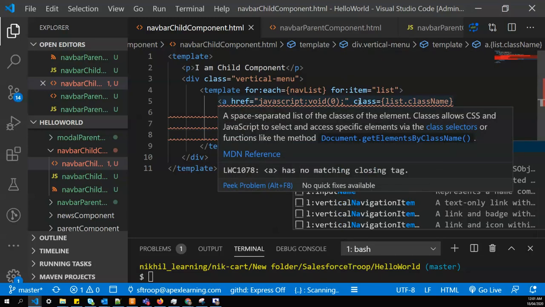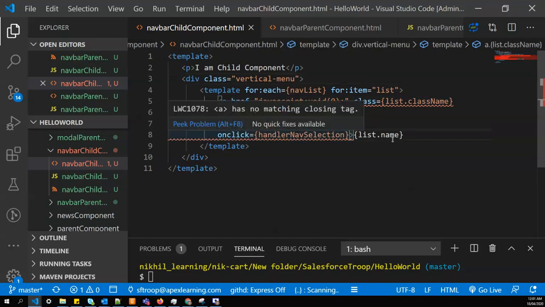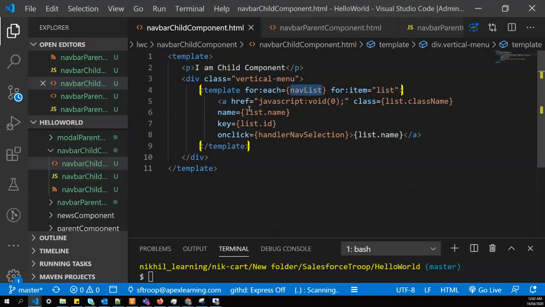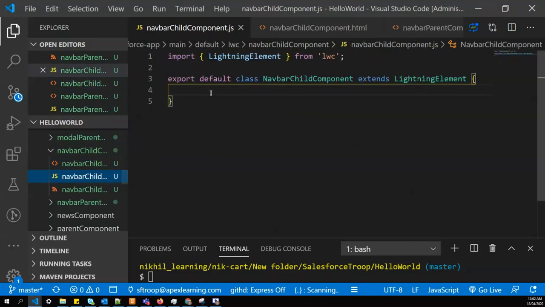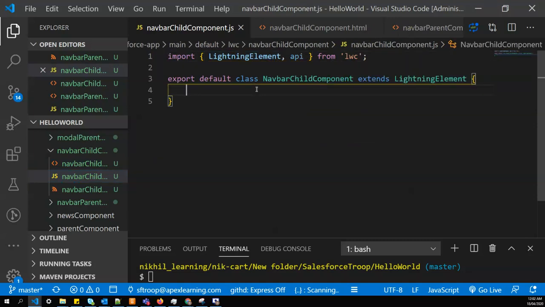A space separated list of classes, for that classes allows CSS, and the a tag closing is missing, and I'll close this a tag. So our component is expecting this nav list from the parent. So let's import the API decorator, and the parent will pass some list.